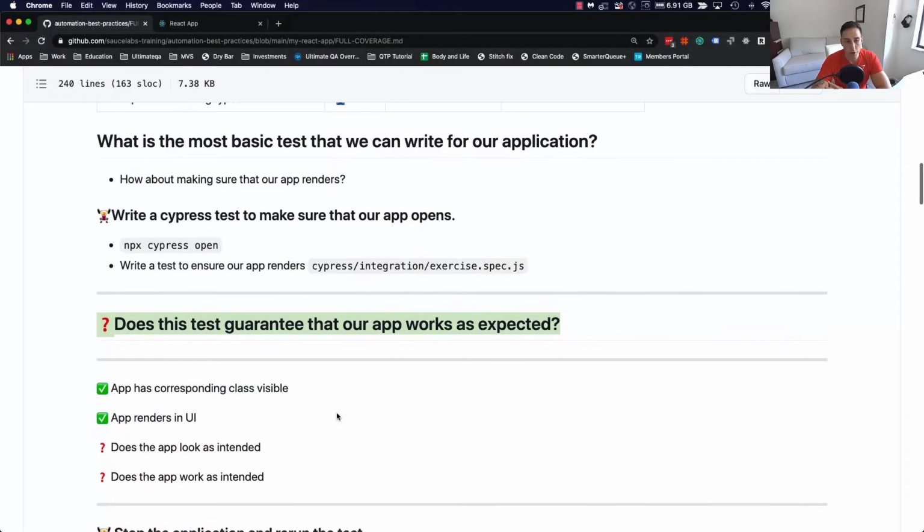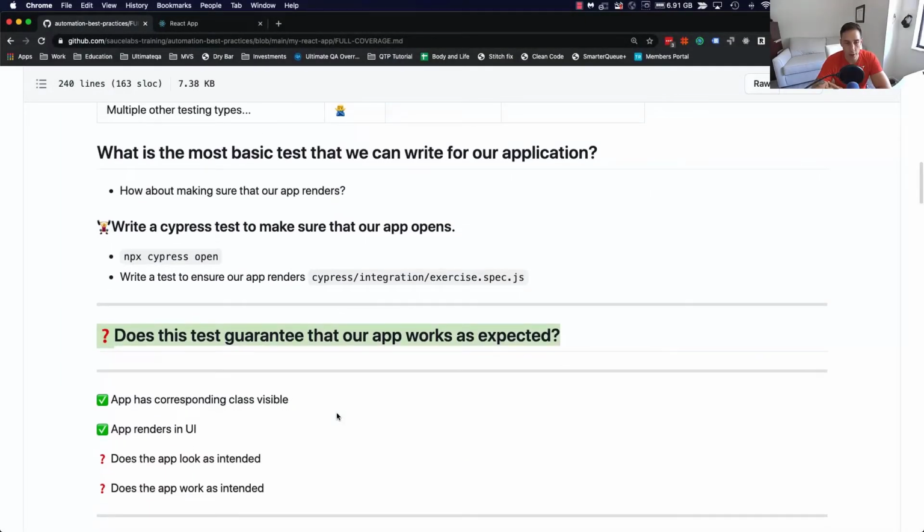So here is what this test actually did test, right? It tested that our app has a corresponding class visible. It doesn't mean anything for the functionality of the application. It just means that, yes, there is a class called app link and our app renders in the UI, which at least is a good thing, but it doesn't even mean that the app is looking as expected or working as